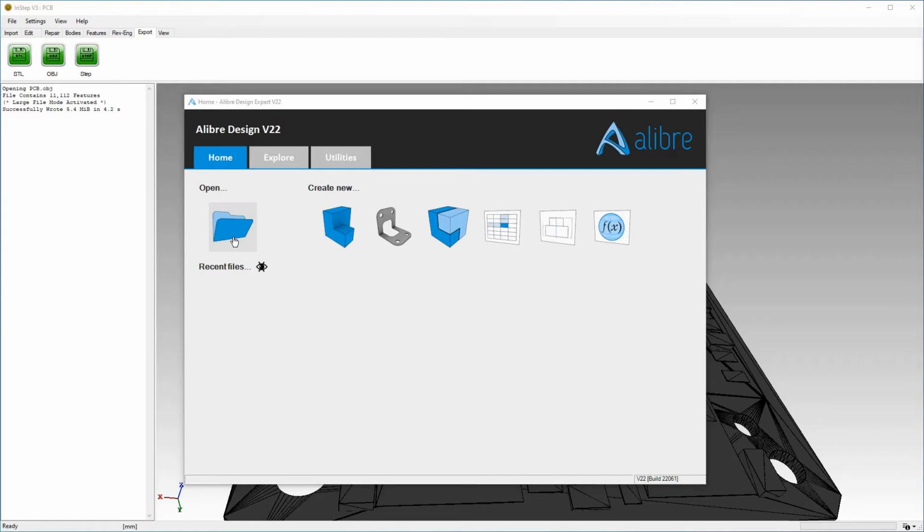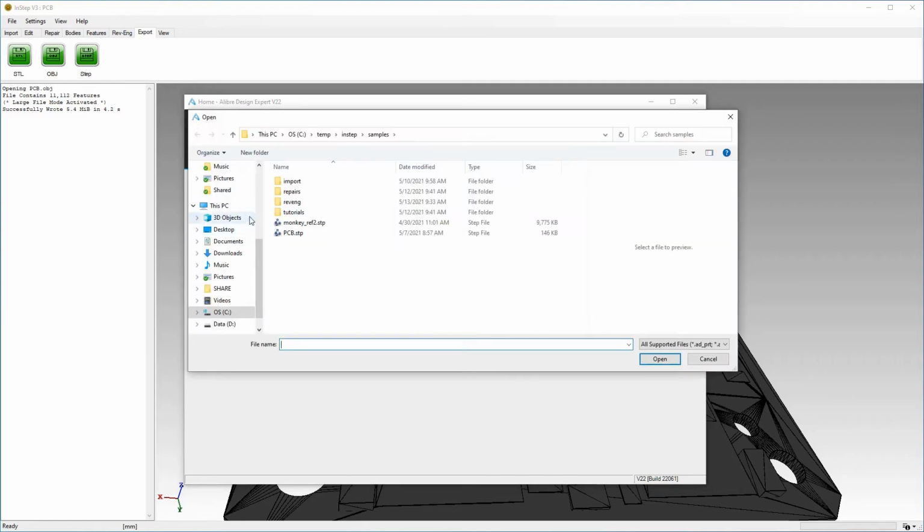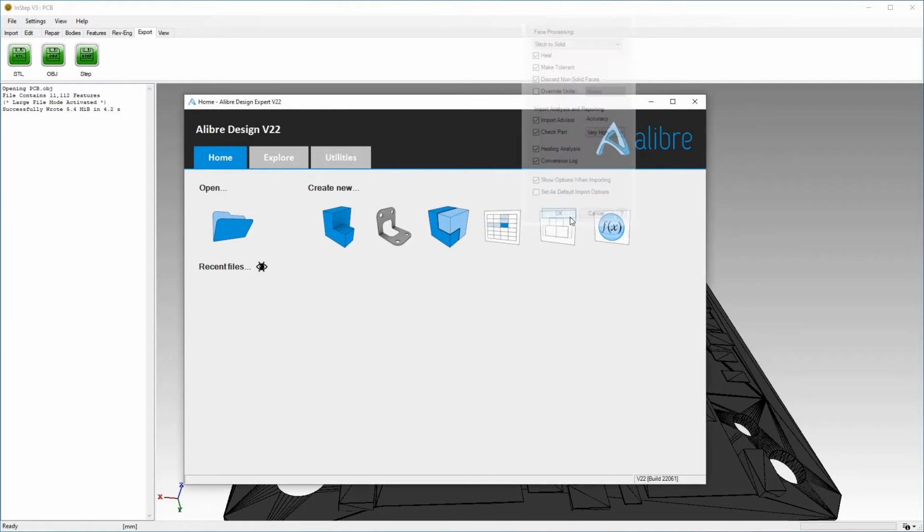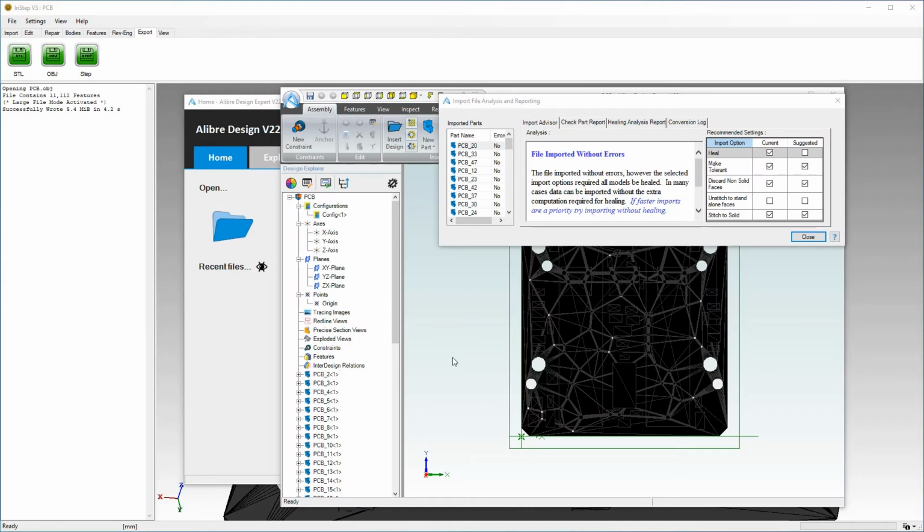case, we can simply import it as a step file. It'll ask us about some healing options. I'm just going to leave these all at their defaults. In this case, the import can take several minutes, and the output is shown here. It does show that the file was imported without errors, and it was internally split into a number of subcomponents, so this is all fine.